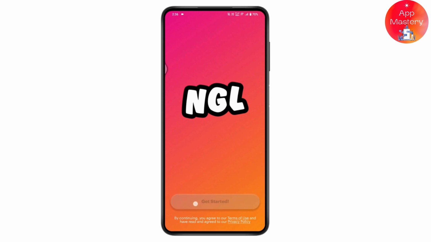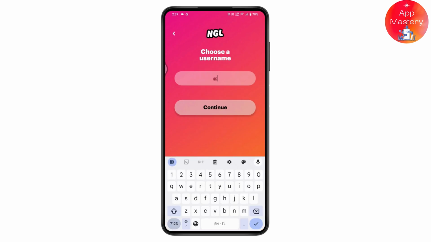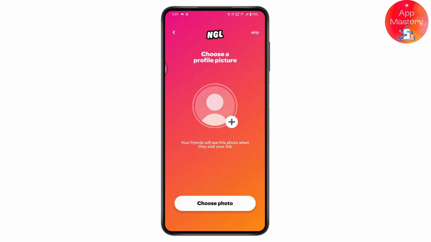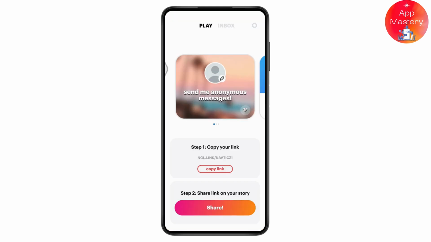Once you've opened, tap on get started, and now you can choose Instagram, Twitter or Snapchat. So I'll be choosing Instagram, and you need to enter the username of your Instagram. And once you tap on continue, you can add your photo or you can skip this part. And now you need to tap on allow, and here you will have copy your link option, right? So simply tap on copy link, which is the first step, and the second step is to share this link